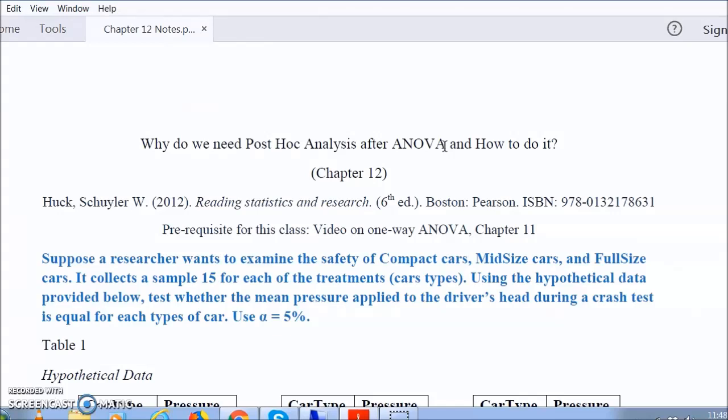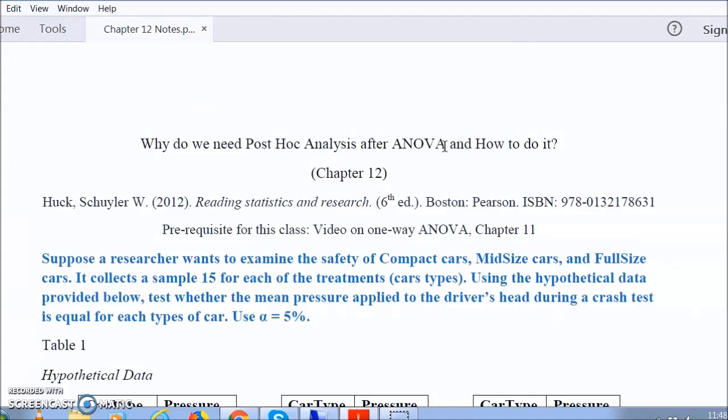When we do the ANOVA, we assume that the means across the different populations would be the same. That means there is no difference, like mu1 equals mu2 equals mu3. But when we reject the null hypothesis, that means we accept the alternate hypothesis that those means are not equal. We just know that there is a statistical difference, that the means are not equal, but we don't have any